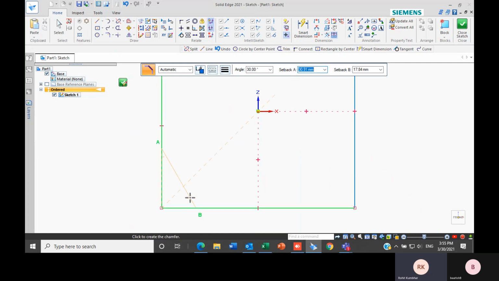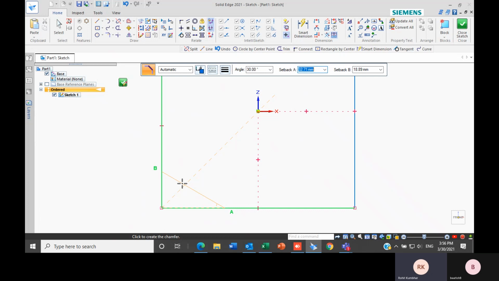You just have to select these two lines, and as you can see here, the chamfer which got created will be shown here. In this one, for setback A the angle is 30, and for setback B the angle is 60. You can see the reference line here. As I move the cursor, it also changes according to it.